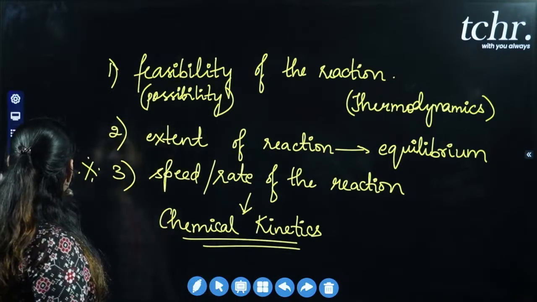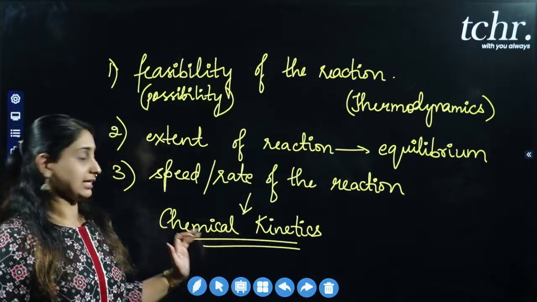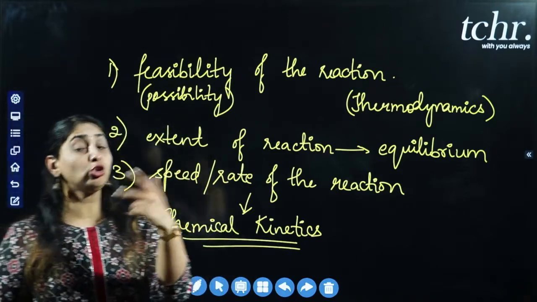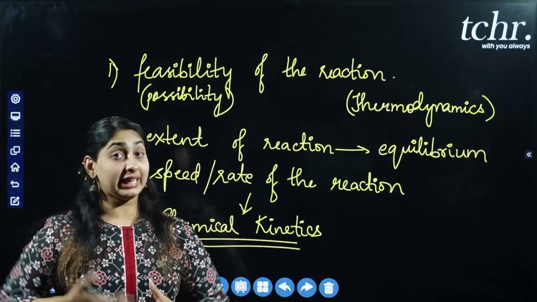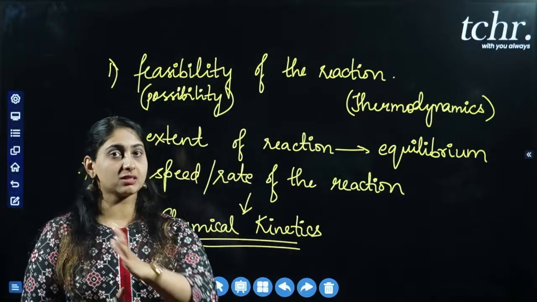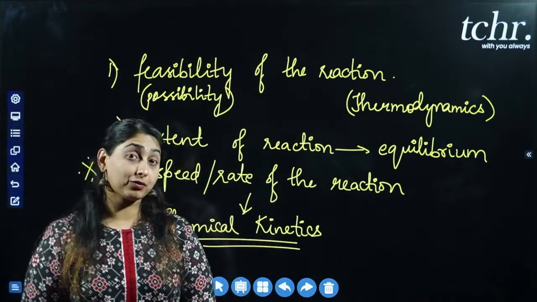Next, we will directly jump into the concepts that we have under chemical kinetics, right? So the entire chapter of chemical kinetics has been divided into two parts. In the first part, how do you find the rate of the reaction? Certain mathematical aspects of the chapter will be discussed under the first part. So what does the second part of the chapter deal with?